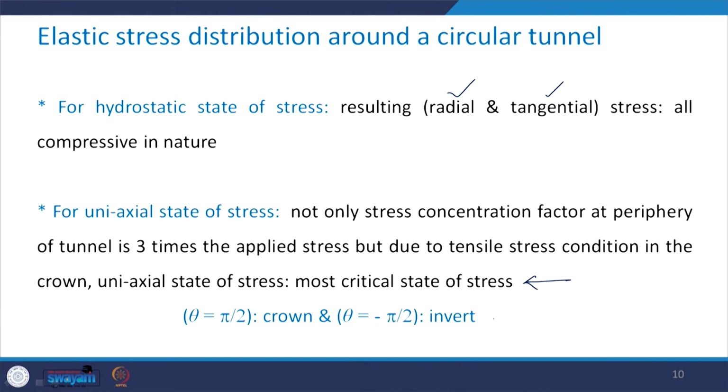So, once again here I have given for your ready reference what we mean by the crown of a tunnel and invert of the tunnel. So, if this is the tunnel and you have these axes like x and y, here this theta we are measuring from this direction. So, when theta is equal to 90 degree, then this is what is the crown, and when theta is equal to minus pi by 2, which is this point, this is going to be the invert of the tunnel.